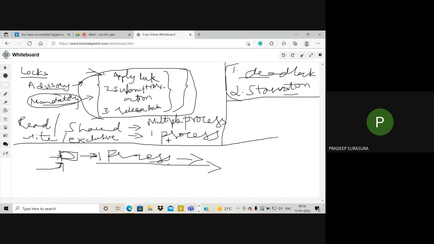Now, what happens is the UPI side will be waiting to complete its transaction, and the ATM has applied a lock. It cannot be released because of some network or other issue. So that is the situation where you can say that for your ATM machine, it took a deadlock, and for the UPI, it took a starvation.